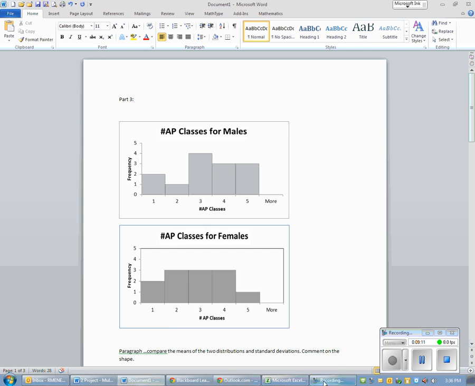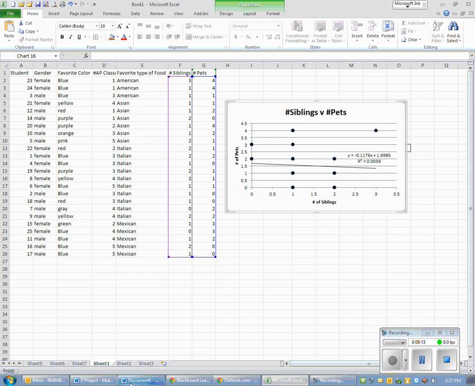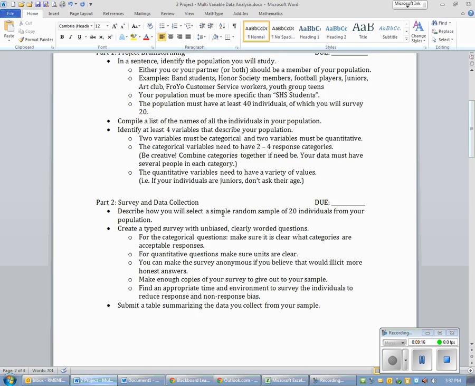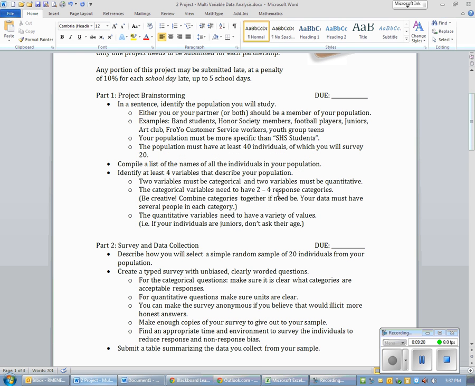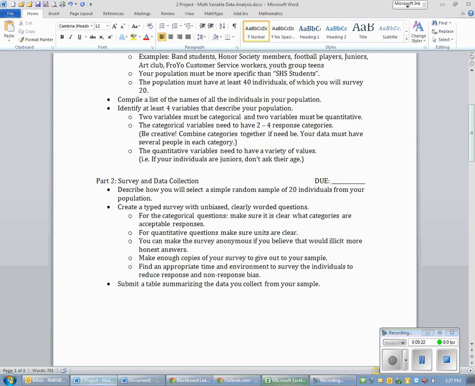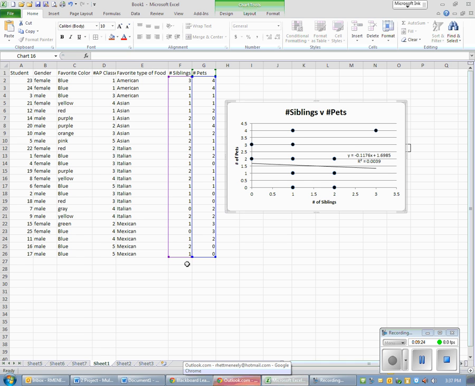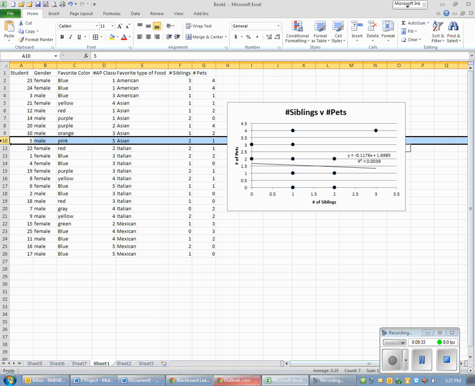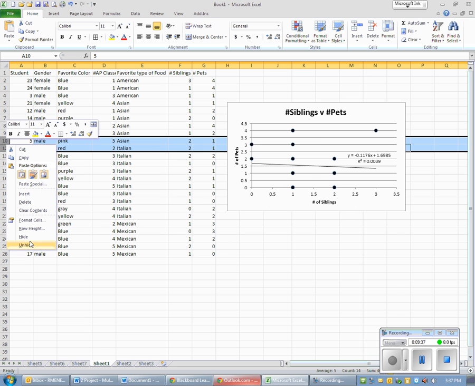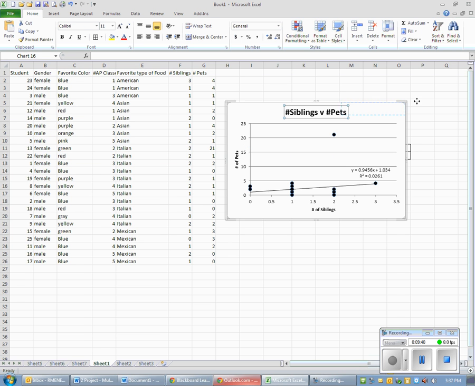So I would like you to go ahead and include in your document a description of your population, the variables, and then obviously you do need to include your data table. So if you've hidden any of the columns, you'll want to make sure that you unhide them. So I'm going to need to unhide that student. And it didn't unhide. Let's see. There we go. So you want to make sure you unhide anybody that you hid